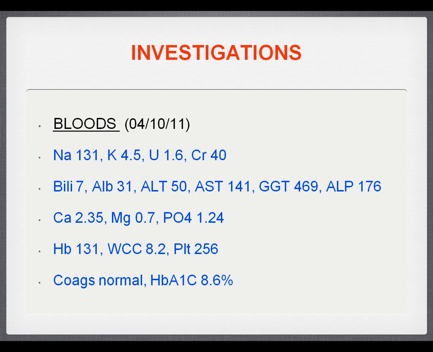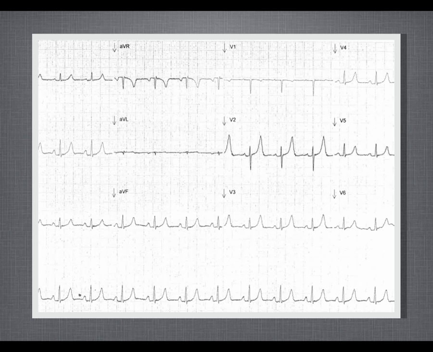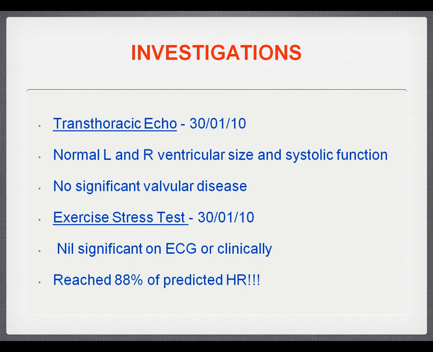So bloods-wise, as you can see, she was slightly hyponatremic. Her LFTs were abnormal. There were some from July, and they were improved from then. She had low magnesium. I noticed her white cell count wasn't raised as well. It was only 8.2, which I was surprised at. Her coagulation was normal, and her HbA1c was 8.6. She also had an ECG in her notes at the time that I briefly looked at, and then when I read up on her condition, looked at again. But there was nothing of note on the ECG, particularly significant, as I'll outline to the condition.